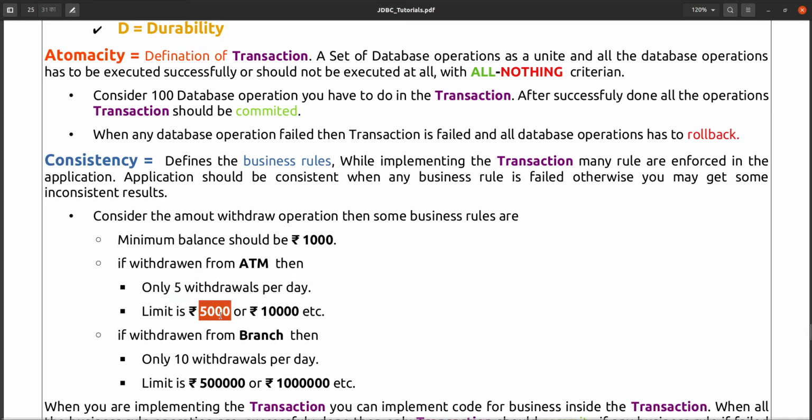Suppose you can withdraw hardly 5,000 or 10,000 maximum. This is the limit to withdraw through ATM. At one time you can withdraw 5,000 or 10,000 only, and in a day you can withdraw 5,000 five times. So this is one business rule.